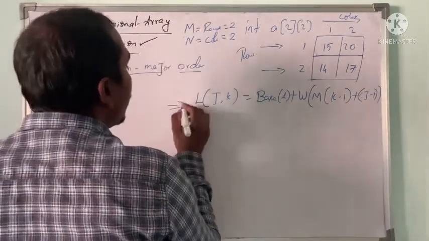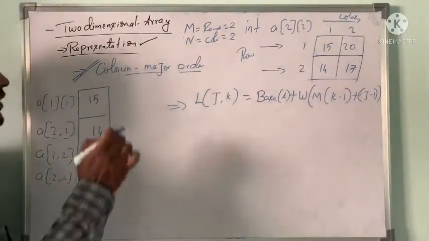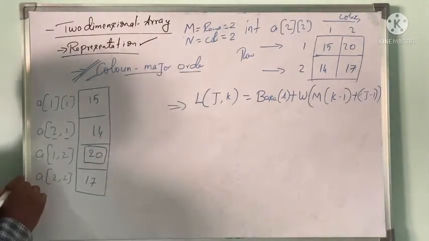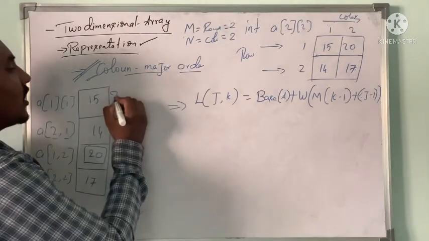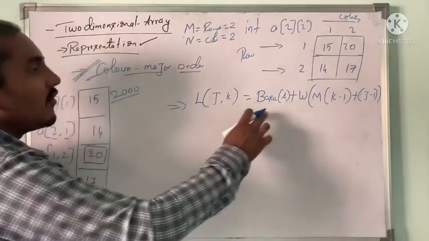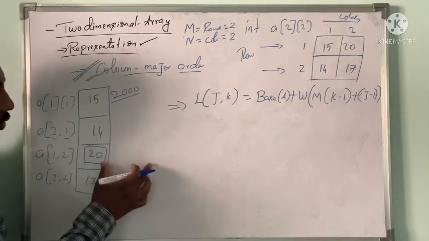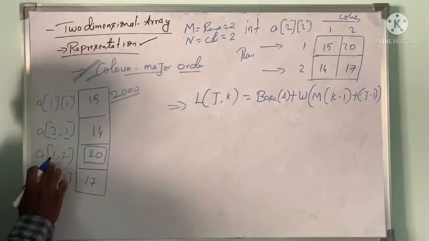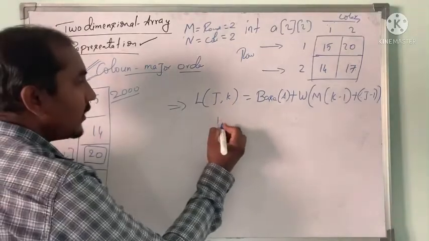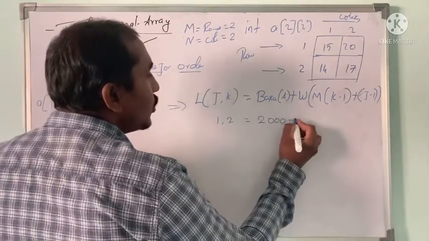So this will be the formula for finding the address of any element in the 2-dimensional array when I am using column major order. Suppose I want to find the address of 20. Consider I have the first element's address, or base address, as 2000, which is nothing but the starting address. Next, I want to find the address of 20. I don't know the address of 20, so I need to find it. In that case, I need the index values, which are 1 as well as 2. So j will be 1 and k will be 2. Now, what is the base address we have? Base address we have as 2000.